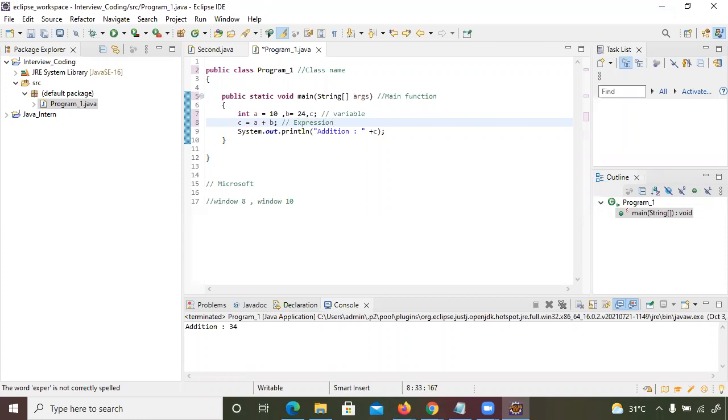Sir, is there any other way to write the print statements? Like in C, we directly write it, sir. Is it mandatory to write the plus, or can you directly write it like in C? No. If you do not add a plus here, you will get an error because your compiler won't identify it.